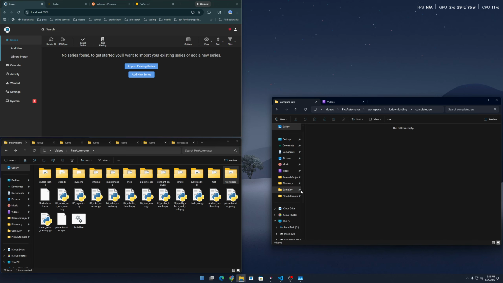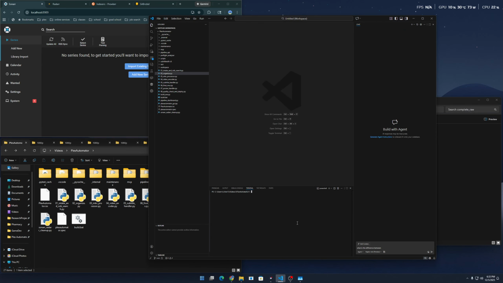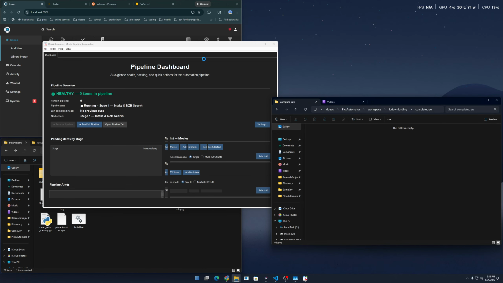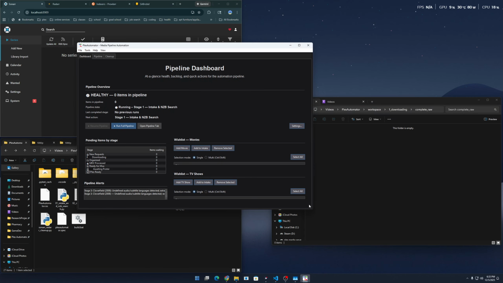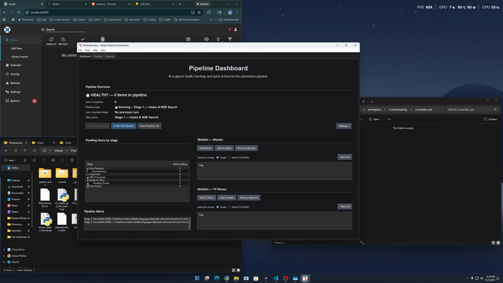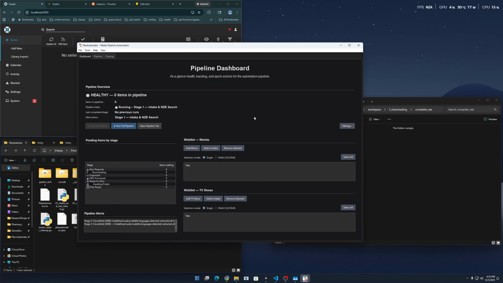Okay? So let us start by opening the interface. All right. So here is my interface. It is the pipeline dashboard. We start on the pipeline dashboard tab. As you can see,